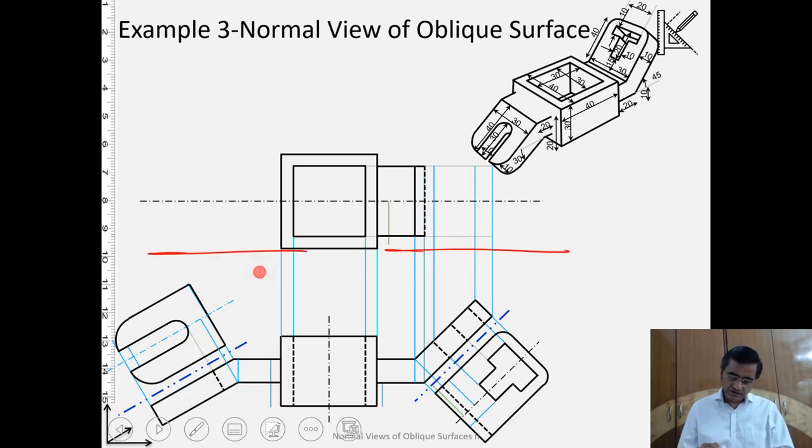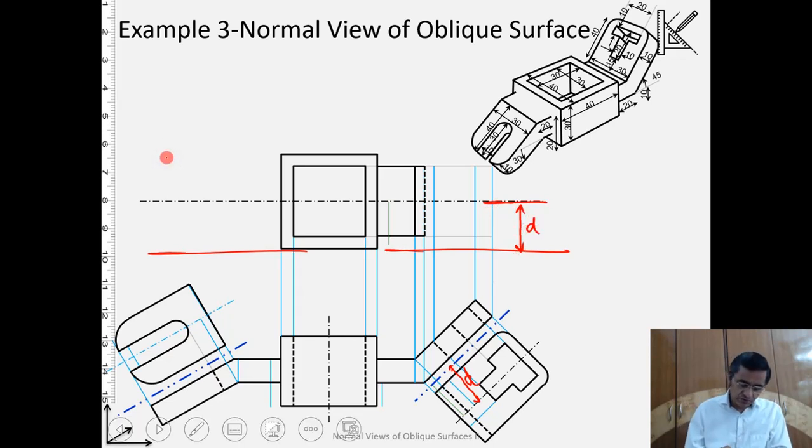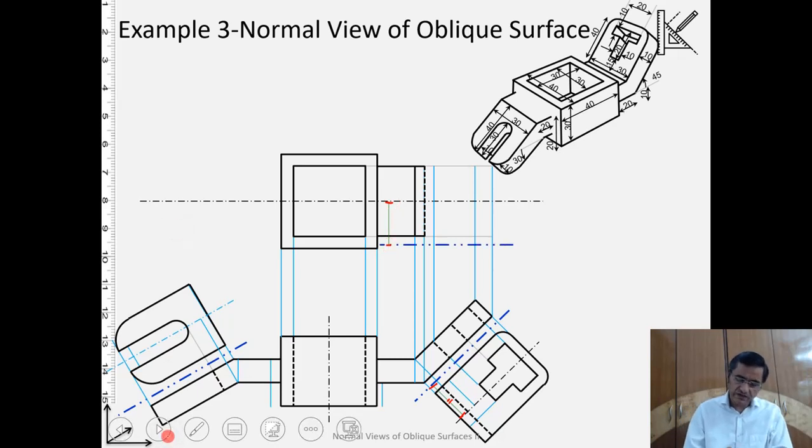So where should that hinge line be? To locate it, I will make use of the fact that from the center line, the hinge line in the auxiliary is at this distance D. So from the center line, I will take the hinge line at the same distance D over here also. This is what I am going to do to locate the hinge line, and this is why this small green line is here, from the center line to the hinge line. Let's draw the hinge line.